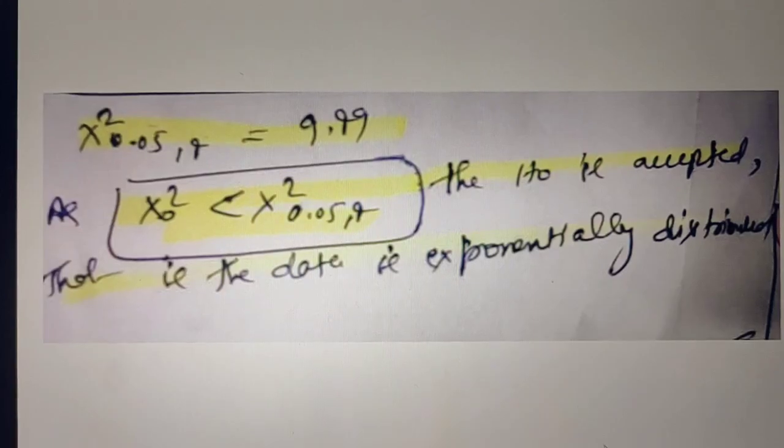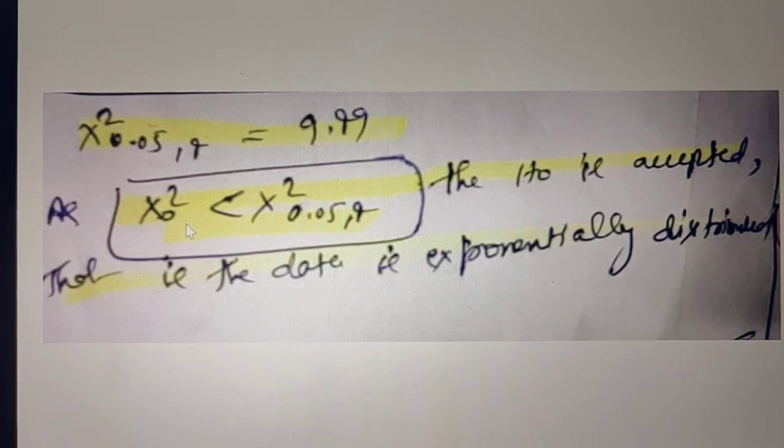Now this is a very important step. In this, we have to go to the given question: the level of significance is given as 0.05, and the degree of freedom I have calculated just above is 4. So we have to check the parameter value, that is, what is the chi-square value in the table at the level of significance 0.05 with respect to 4 degrees of freedom. It will be 9.49.